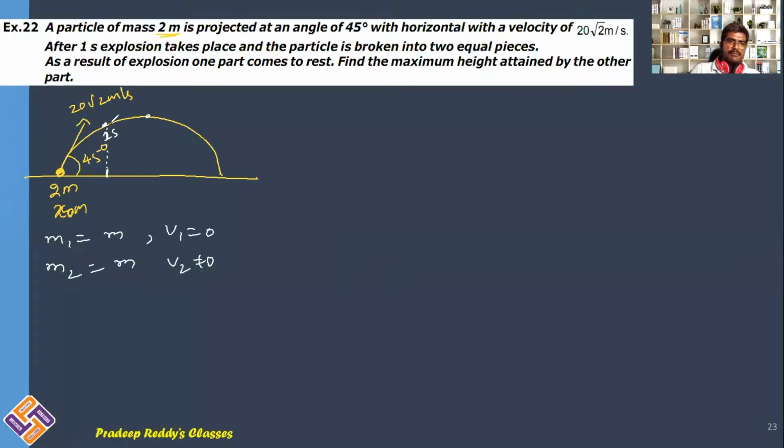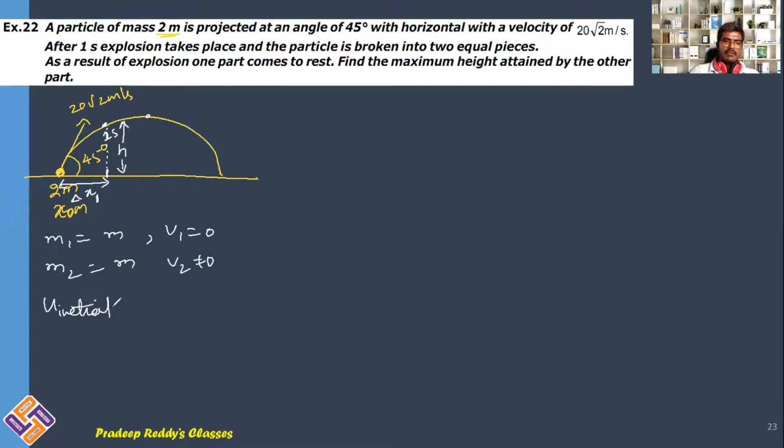At this position it is breaking. So this position I consider it as H, and this position I consider it as X. And this X is equal to X1. First one displacement is delta X1. First mass is being displaced to this position. And second mass, from there again it is going to some other distance. You need to find out that it goes to some other value.